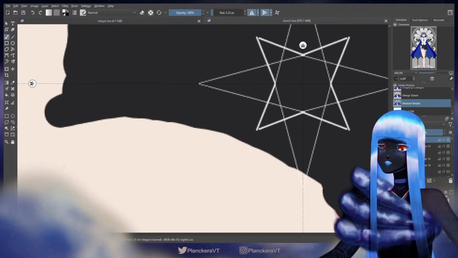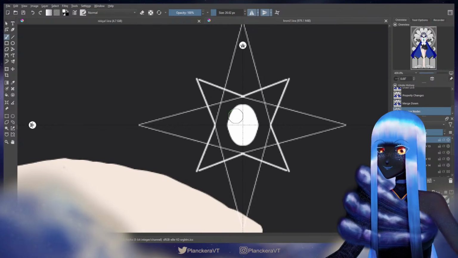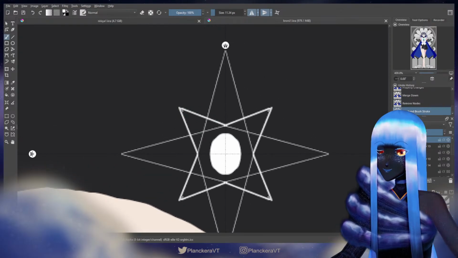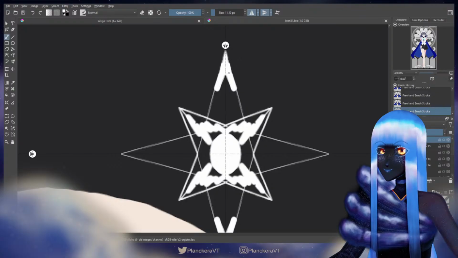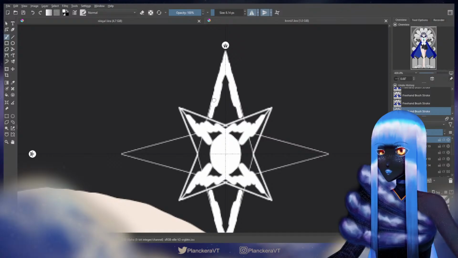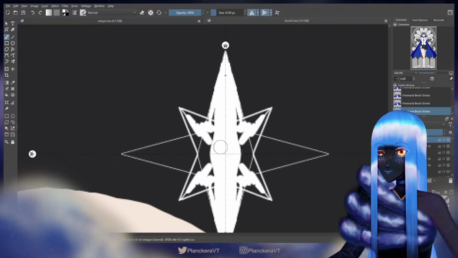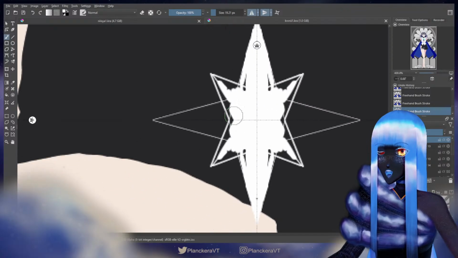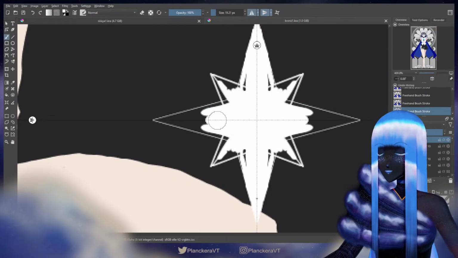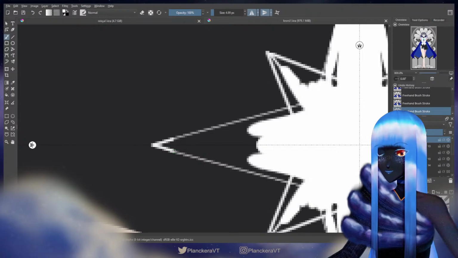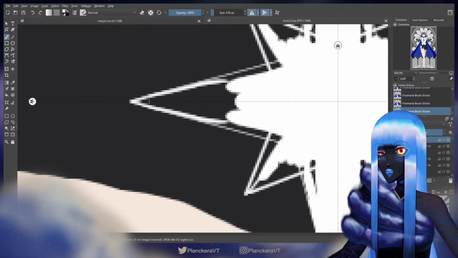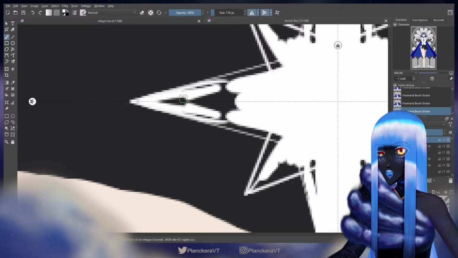Oh, I didn't close my line art. Okay. Do it the old-fashioned way, then. With just a regular old painting, and the mirror tool looking very cool. Admittedly, I always do love the way that the mirror tool looks whenever I'm drawing something with it. I don't know, there's just something really interesting about the patterns it makes. Okay, but this should get me a star that is equal on all sides.